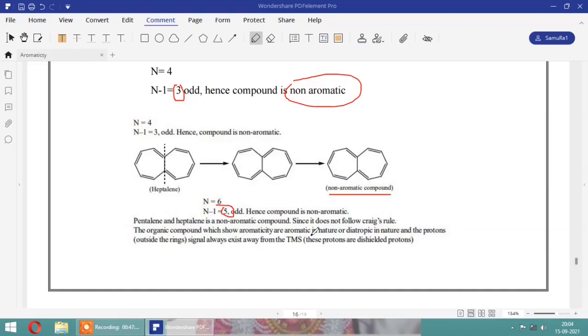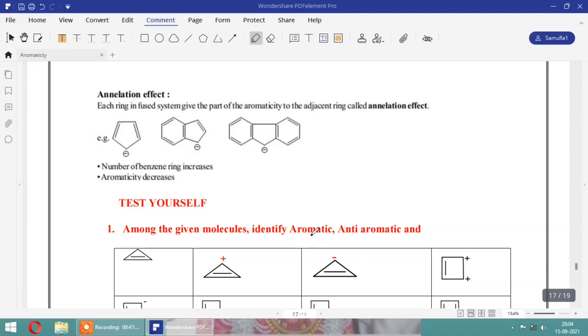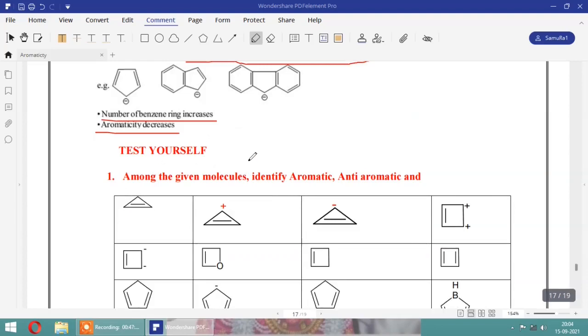Annellation effect. Each ring in a fused system gives a part of its aromaticity to the adjacent ring, called the annellation effect. As the number of benzene rings increases, aromaticity decreases. So that's all about aromatic compounds. We have discussed all the aromatic, non-aromatic, homoaromatic, antiaromatic, quasi compounds, dianion, and we have named most of the